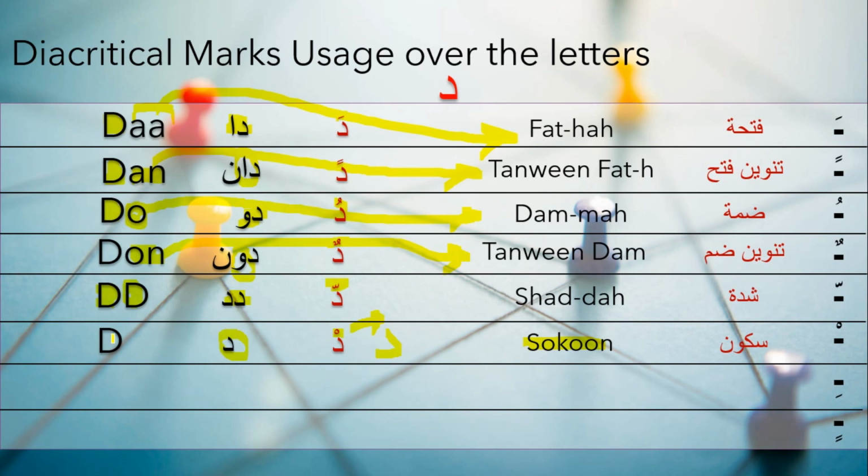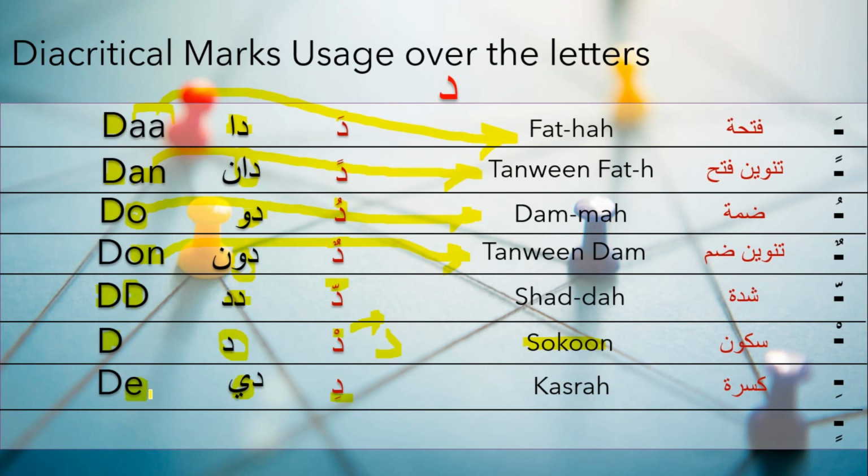This is the regular letter as we learned in the alphabets. It's the letter dal. And then kasra, we will have a small line under the letter dal, and it will be "di". And without even explaining the tanween kasr,